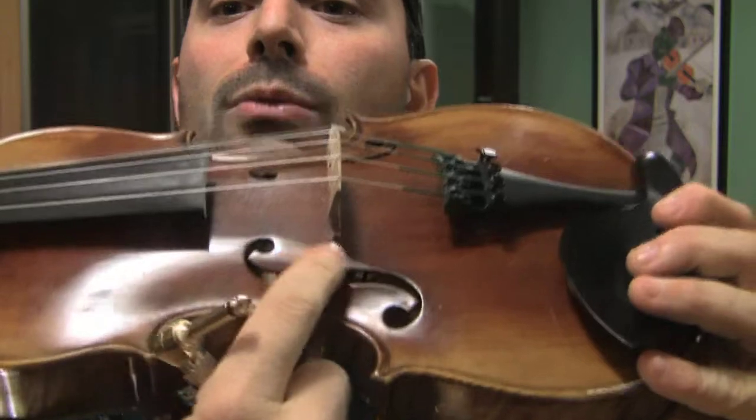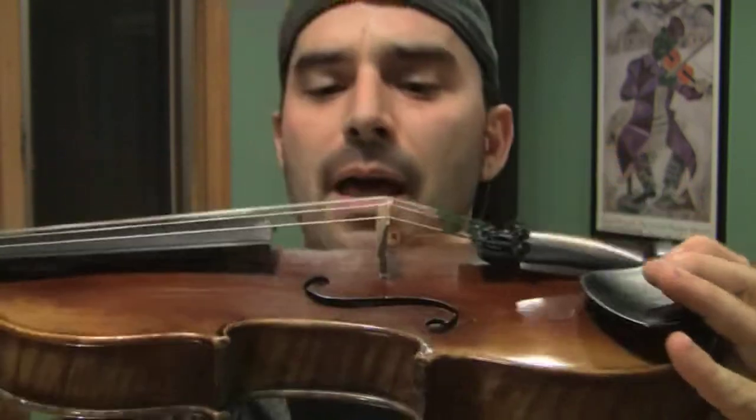So when I heard this the first time, I was kind of blown away because it has such a warm sound, which gives you just a lot of room to work with. And how did they do that? Well, it's really hard to see, and I'm kind of ashamed at how rosiny my violin is, but right under this foot of the bridge, it sits right on the top of the violin, but right under the bass side foot, they did a kind of half thickness cut, and they remove that piece of wood and they put in a very fine pickup. Now, usually pickups sound tinny, they sound harsh, but what they did is they took that piece of wood and sandwiched it back in there, put the bridge back on top, and these Realist violins